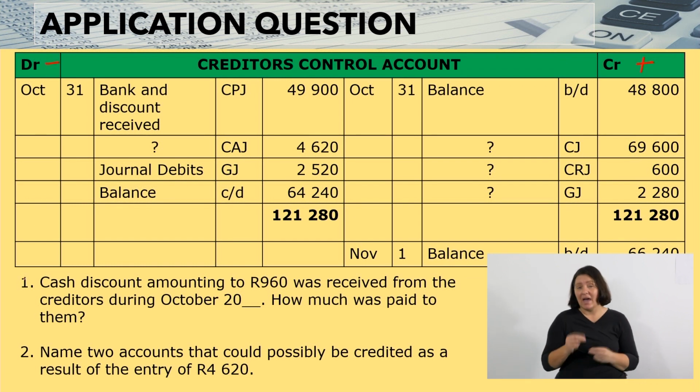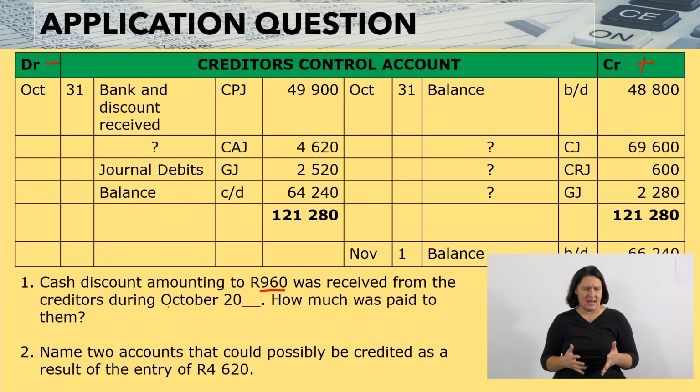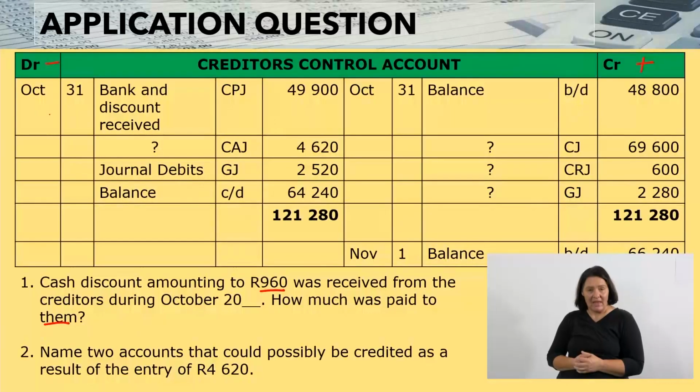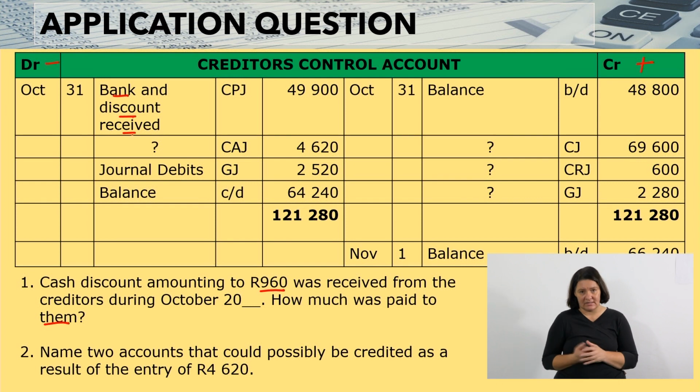We have questions that we have with us. Let us see if we can answer some of these questions. Question number 1 reads, cash discount amounting to 960 was received from the creditors during the month of October. How much was paid to them? When we pay our creditors, they allow us discount if we pay within the time that they have given us. So if you come to the debit side where our creditors control account is decreasing now, you have bank and discount received,